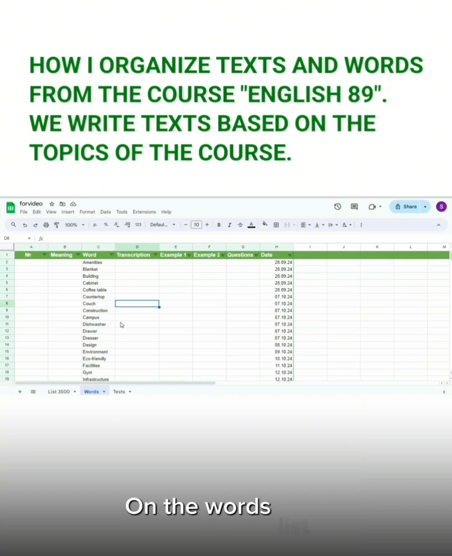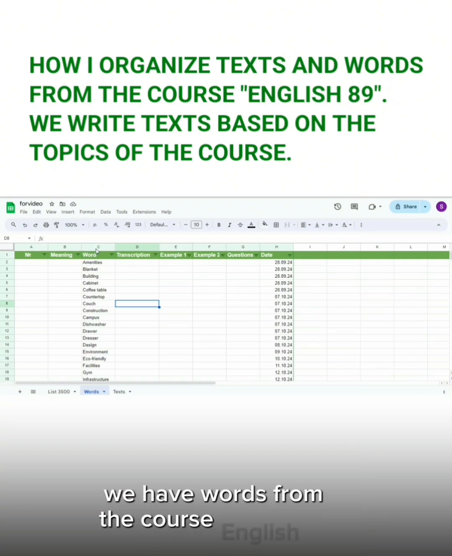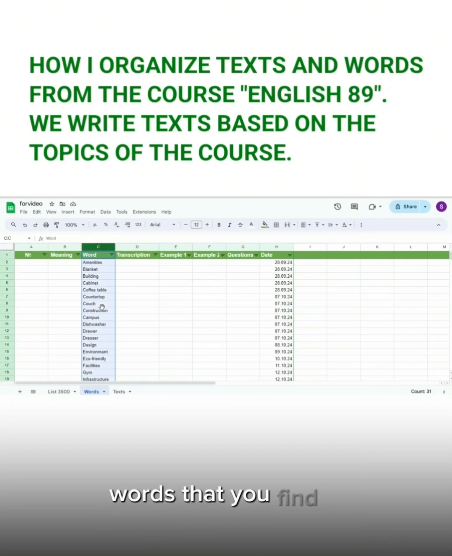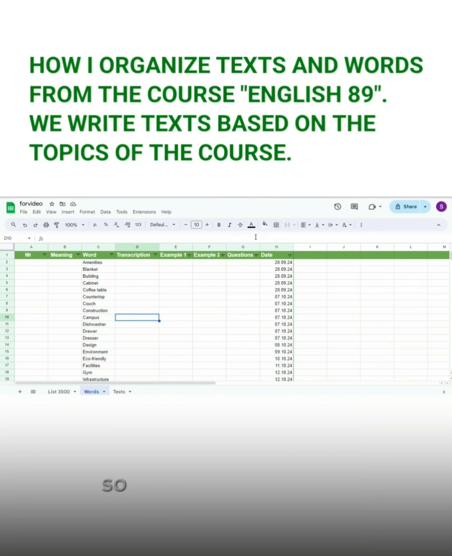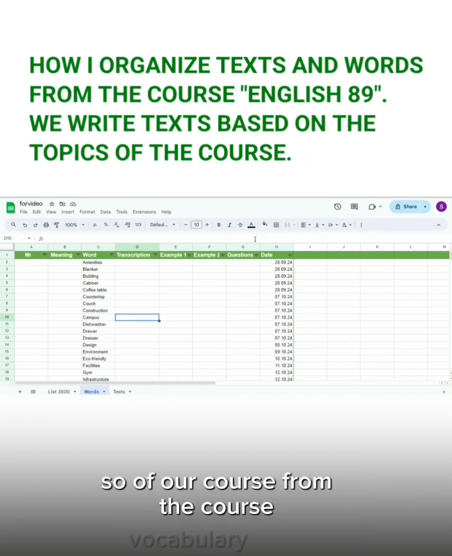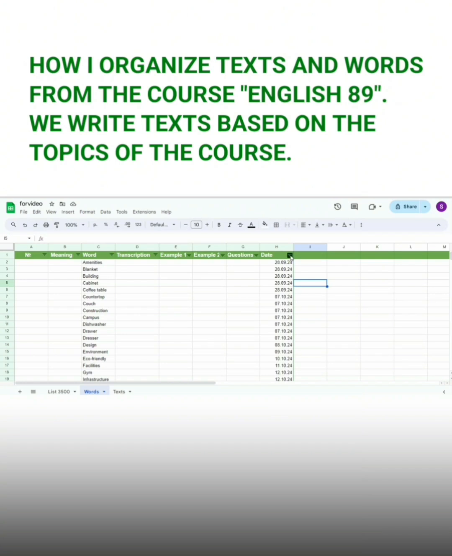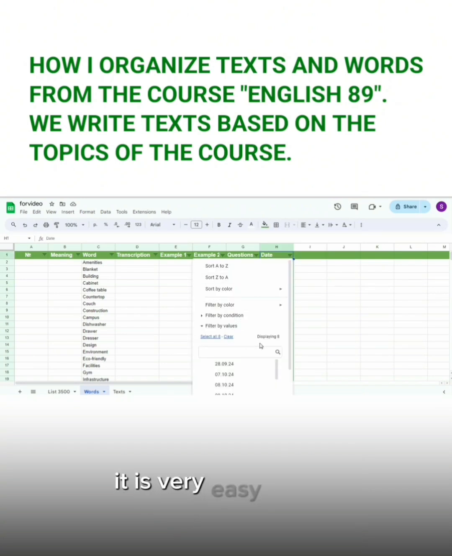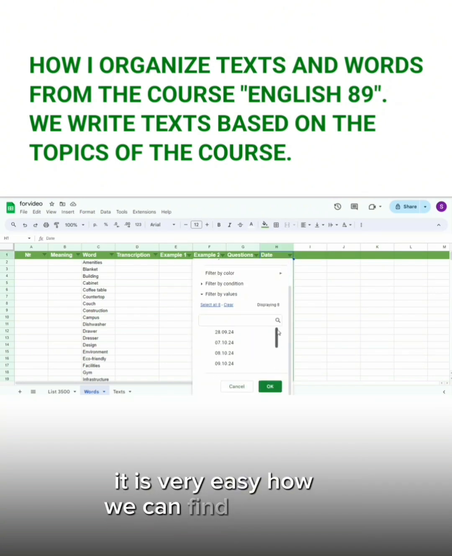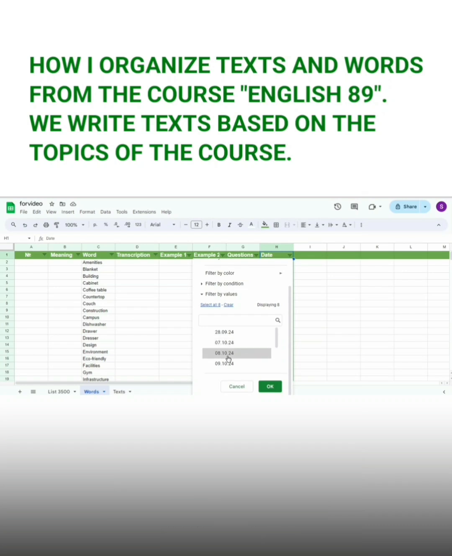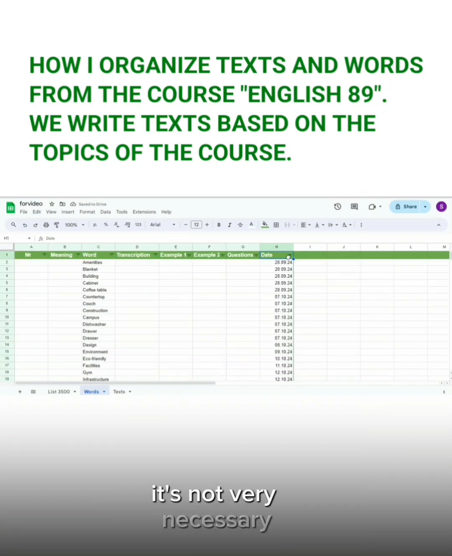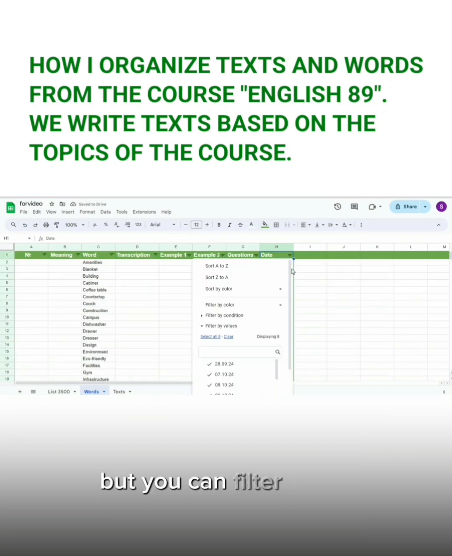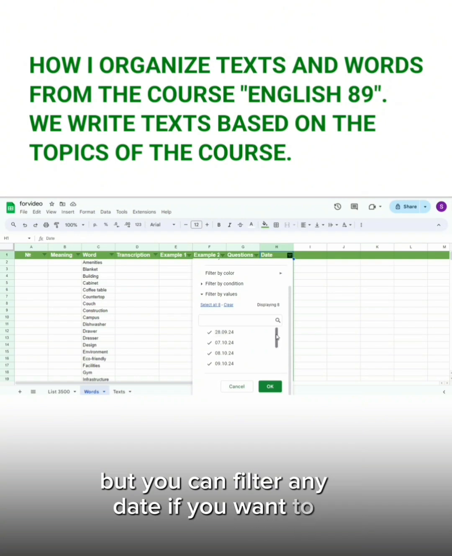So on the words list we have words from the course English 89, words that you find and don't know. We add words from videos of our course, from the course vocabulary itself. By the way, it is very easy how we can find dates of repetition. It's not very necessary, but you can filter any date if you want to have dates